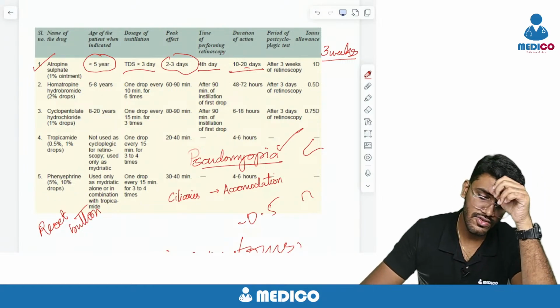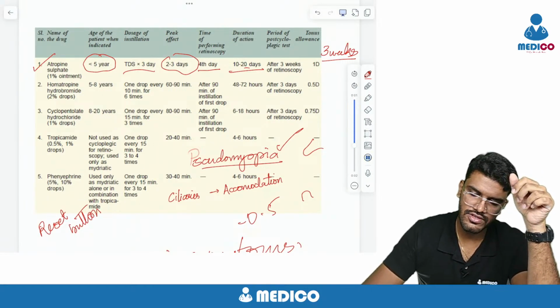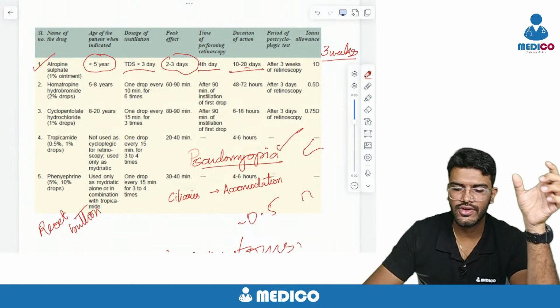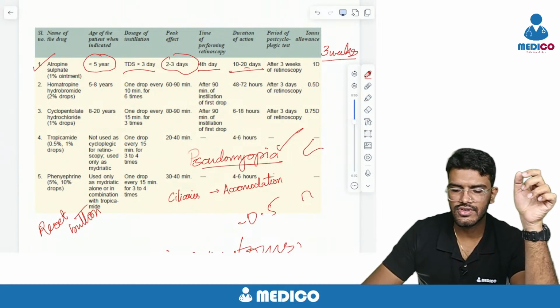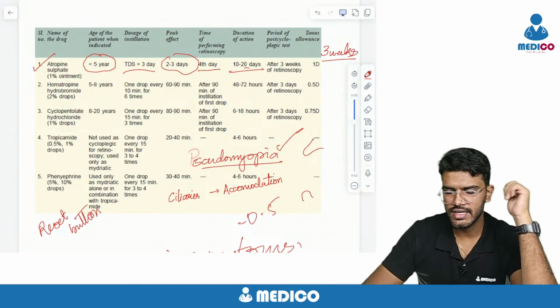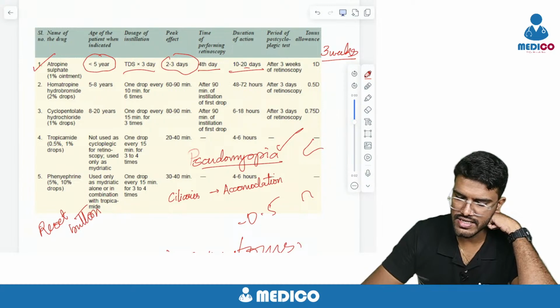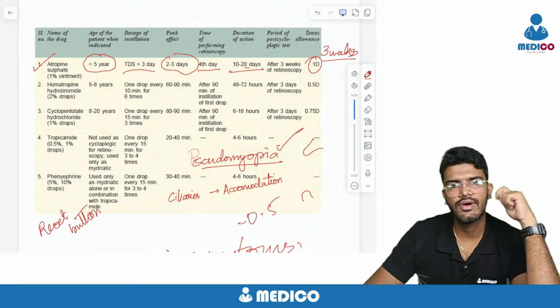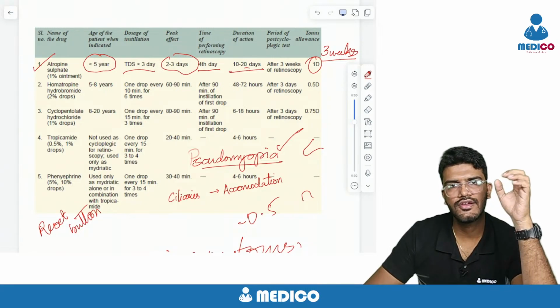Okay, so that is the 3 weeks of retinoscopy, the duration that you have to give. After 3 weeks only you should do the post cycloplegic refraction. So remember, this is the correction factor. What this correction factor is, whenever you use this while doing retinoscopy, you need to correct for the